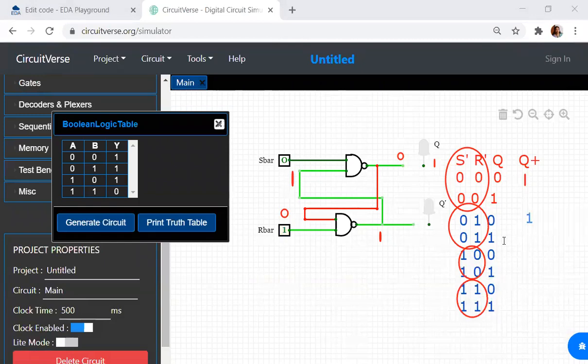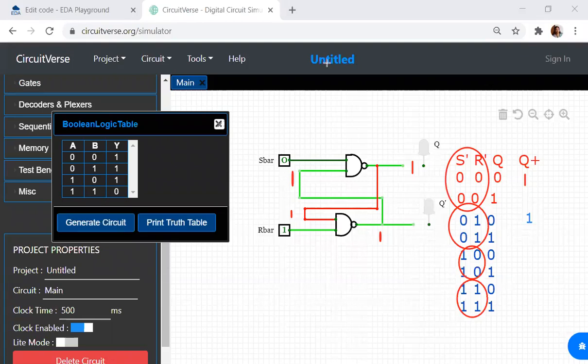Next, when I give a combination of 0, 1 with Q equal to 1. First combination I took Q equal to 0. Now I want to take Q equal to 1. So I'm assuming my previous state is 1. So when I give a 1, what happens? Here I'll be having a 1. Here I'll be having a 1. What is 1 NAND with 1 according to the truth table? This is a NAND gate. So 1 NAND with 1 will be a 0. So I will get a 0 over here.